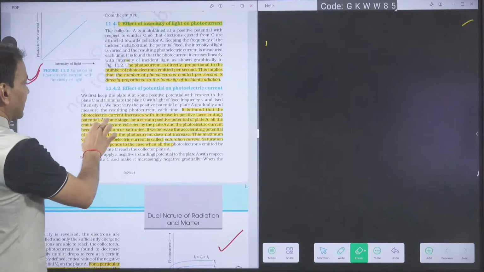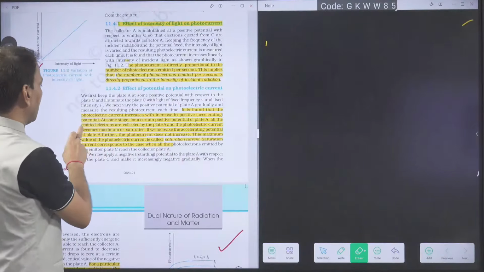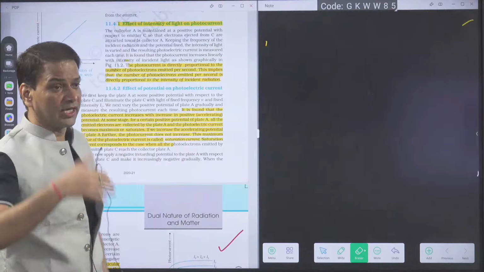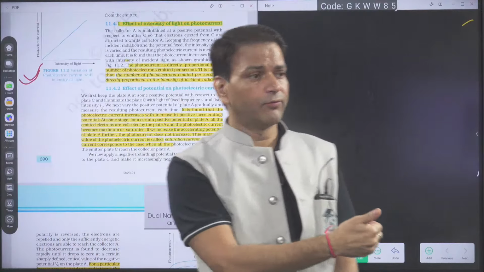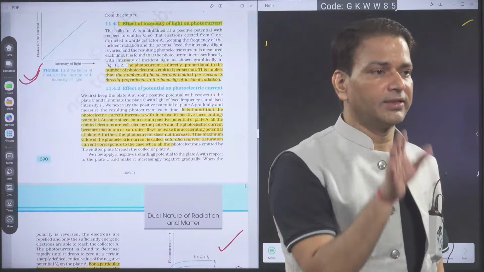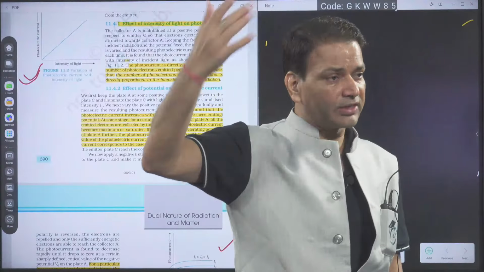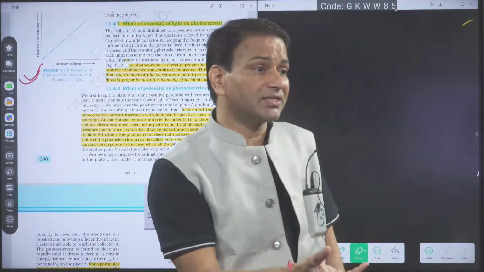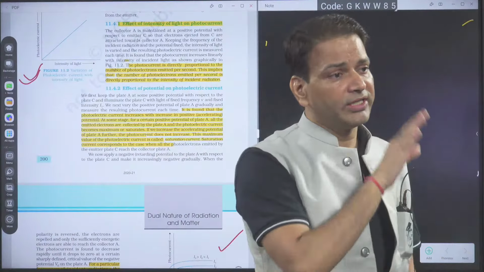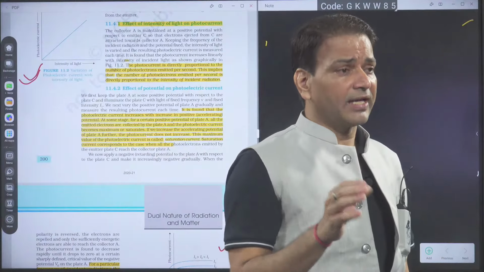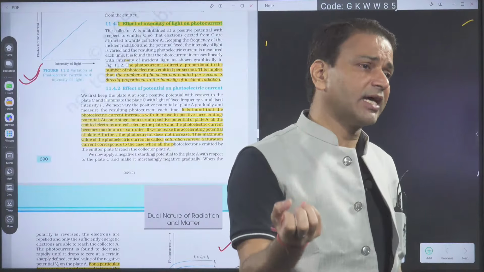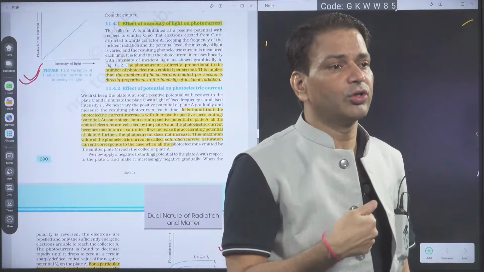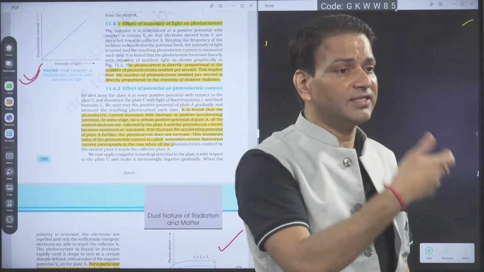Okay, at some stage, for a certain positive potential of the plate A, all the emitted electrons are collected by the plate A and the photoelectric current becomes maximum or saturated. What is the saturation current? Whatever photoelectrons are ejected, all start reaching the collector. Means after that, even if you are increasing the potential, the current will not increase. Suppose per second 20 photoelectrons are ejected and 20 are reaching the collector. Then after that, if I am increasing the anode potential, there is no meaning, because potential is not ejecting photoelectrons, it is only changing the kinetic energy.